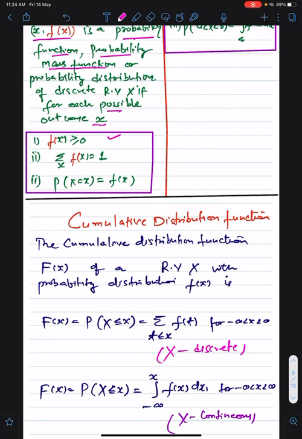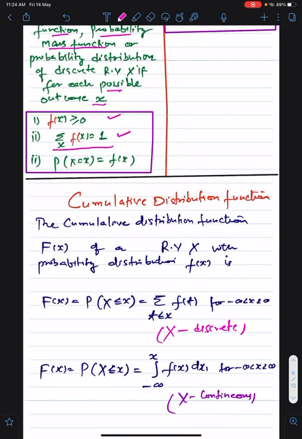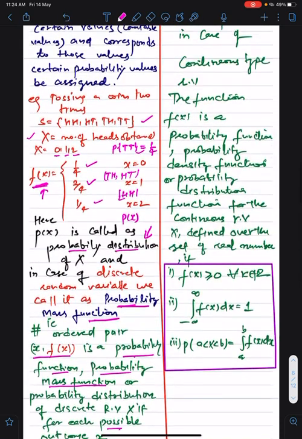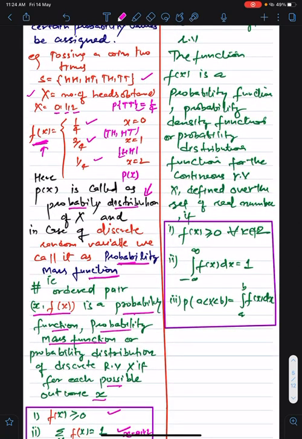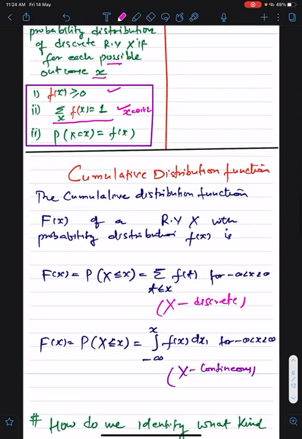And the summation over x, you know that the sum of all the probabilities will equal 1. So this is that property, written in this form, okay? The summation over x, where x is nothing but, in our example, 0, 1 and 2. So when you sum it, it will give you the value 1. You can see here as well, okay? 1 upon 4, 2 upon 4, and 1 upon 4. When you sum all these values, you will get 1, right? So this is what this second property is saying.